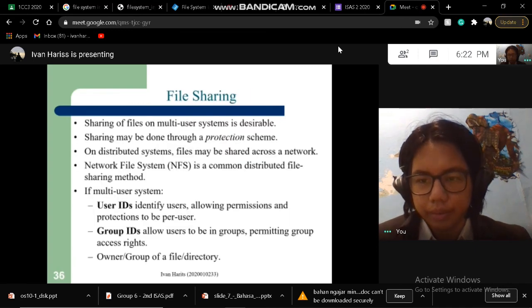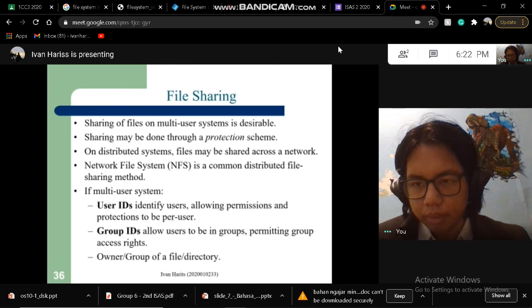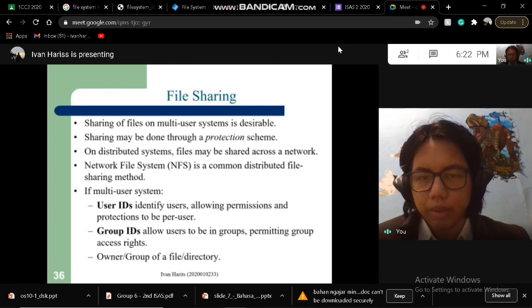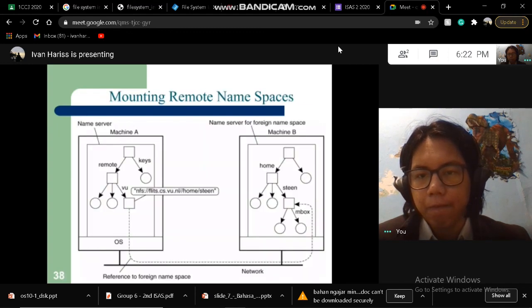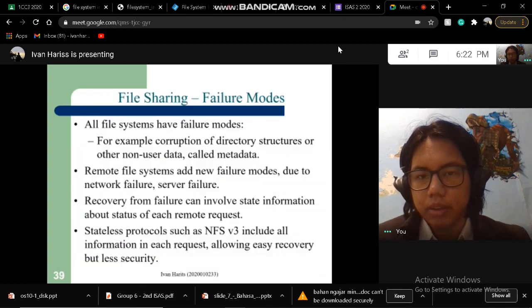File sharing. Sharing of files on multi-user systems is desirable. Sharing may be done through a protection scheme. On distributed systems, files may be shared across the network. This is the remote file system, the mounting of remote namespace. The failure mode: often systems have failure modes, for example, corruption of directory structures or other